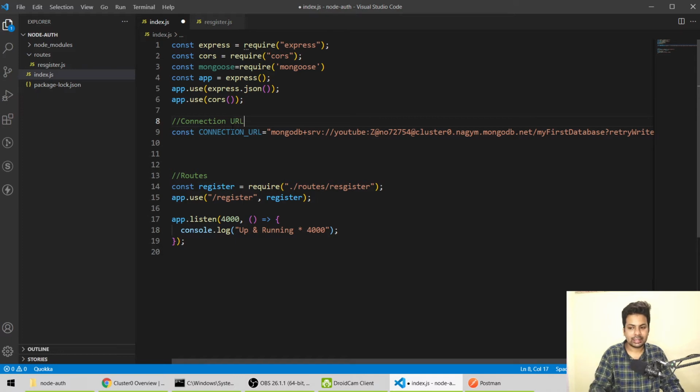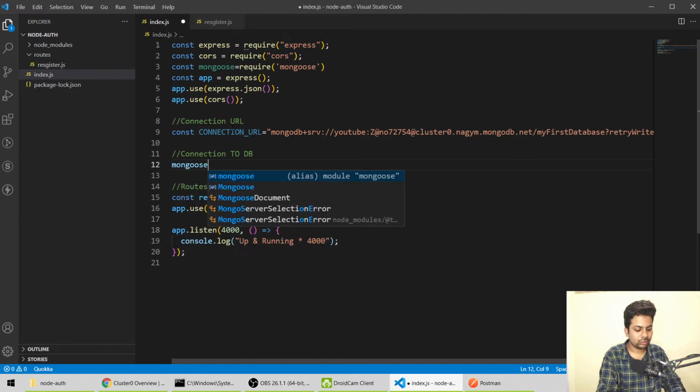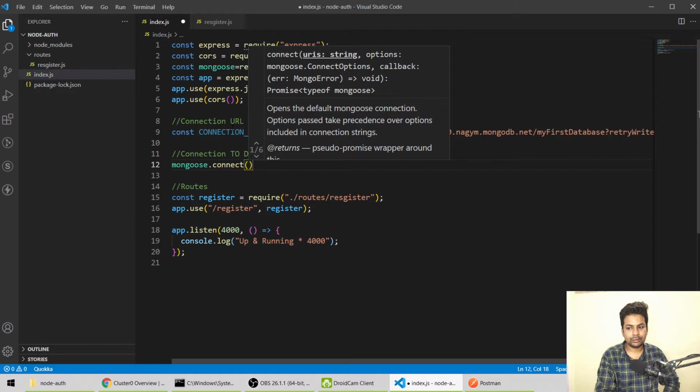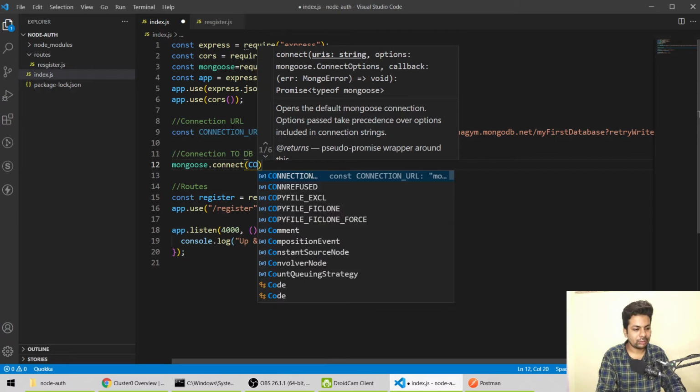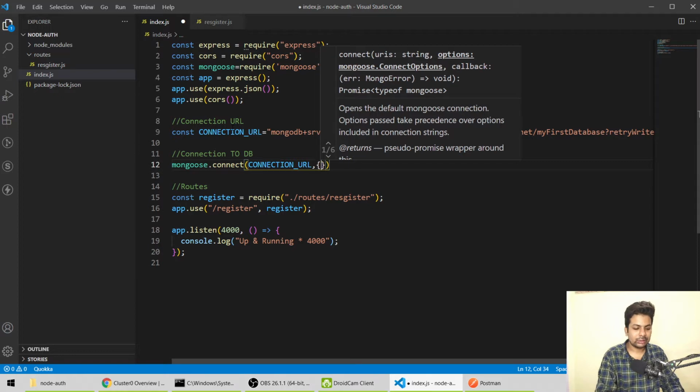Okay, so now it's a connection URL. Now we'll make the connection. So here we'll write mongoose.connect, and here we'll put the connection URL. And then we'll use some options because it requires them, otherwise it will throw warnings and errors.